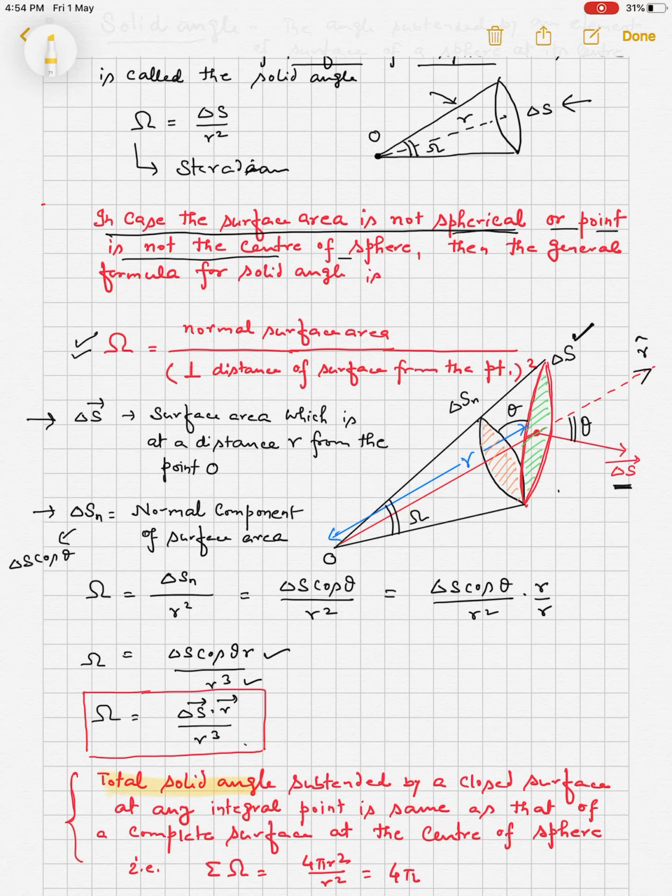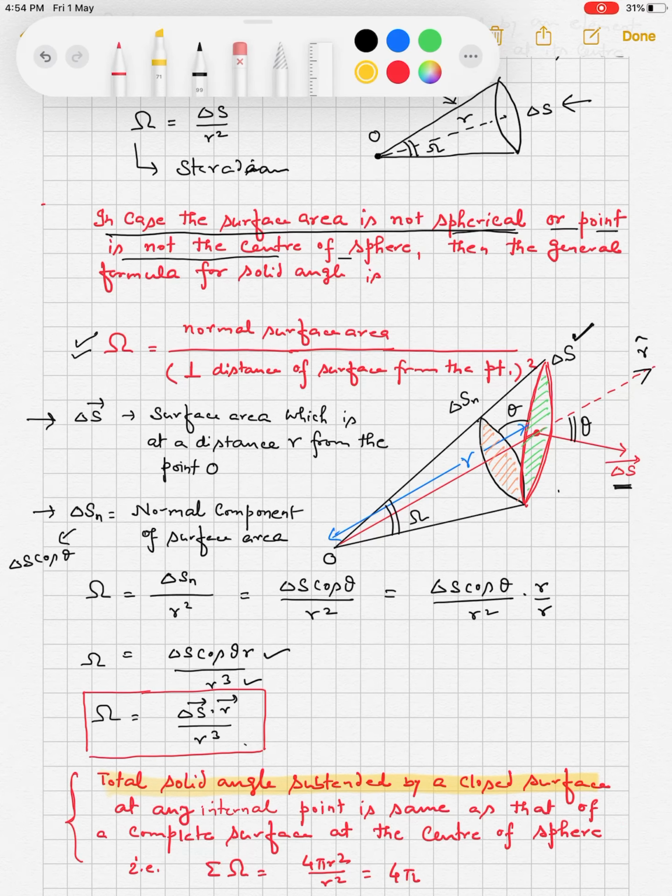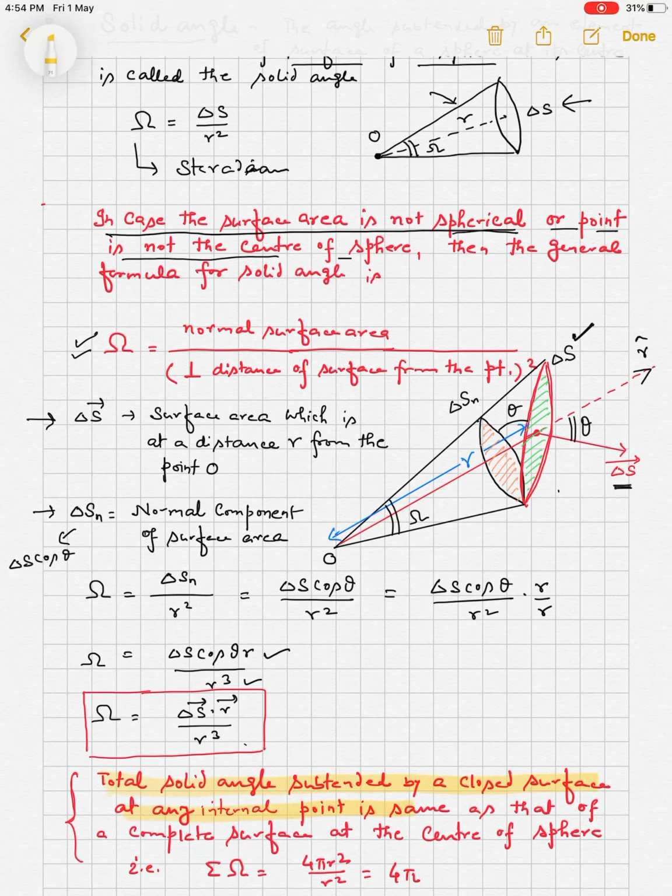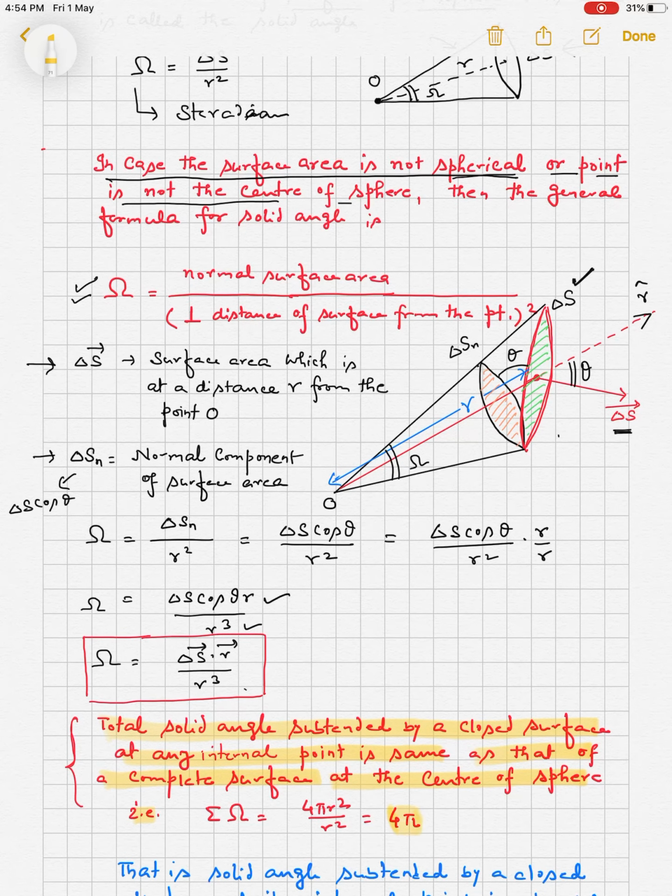Now the total solid angle subtended by a closed surface at any internal point is the same as that of a complete surface at the center of the sphere. स्फीयर के सेंटर पे स्फीयर के द्वारा जो सॉलिड एंगल बनेगा, that solid angle will be equal to 4 pi, because the delta S in this case due to the whole sphere is 4 pi r square,